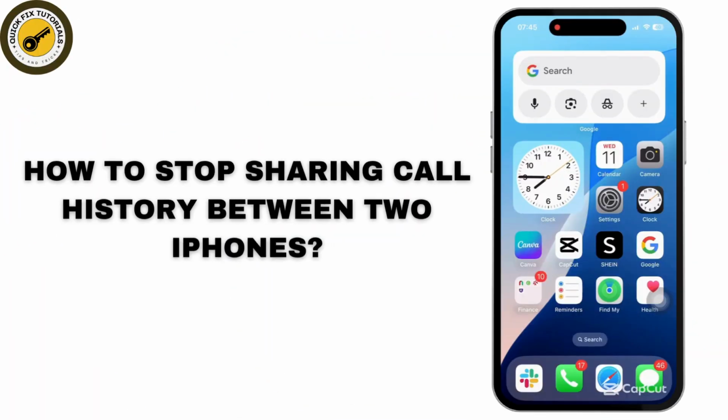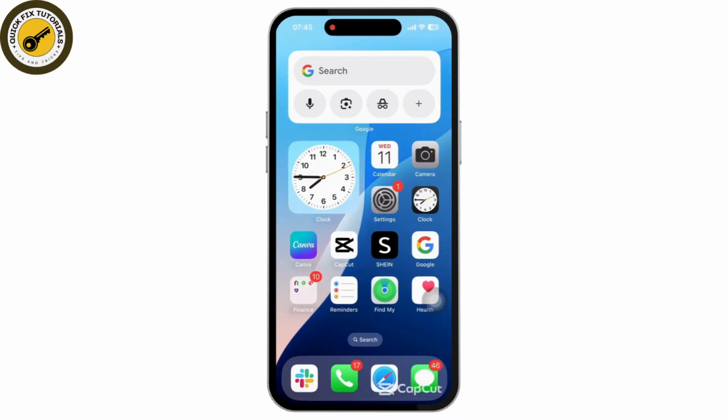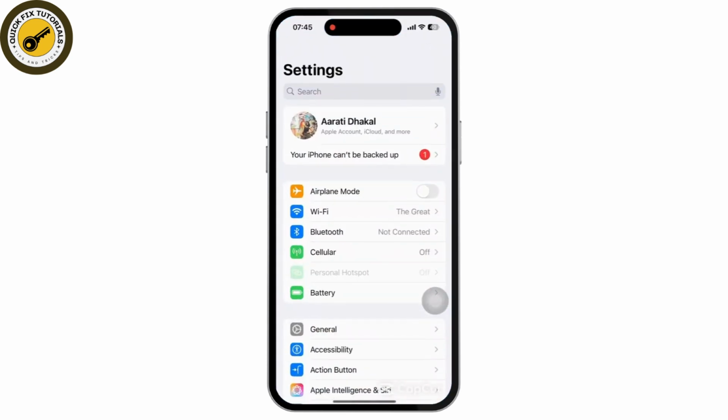How to stop sharing call history between two iPhones. Here is how to stop doing so, quick and easy. Call logs showing up on both iPhones are linked with the same Apple ID. The best way is to get rid of the Apple ID. Both devices using different Apple IDs can fix this issue, but if you cannot do that, then here is